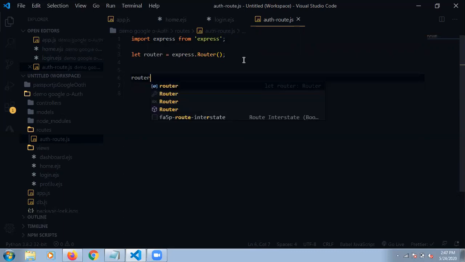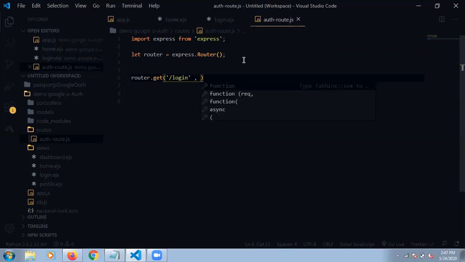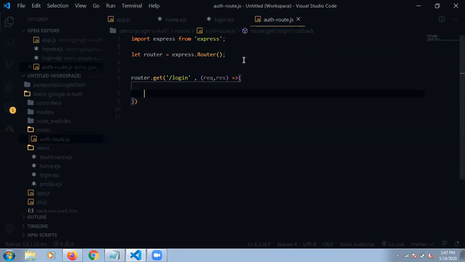Here also we are using the CRUD application. router.get is there, and first is our login page. So the login page has one callback function, and the callback function we are using here is an arrow function with res, and we are completing it. So welcome to login page.